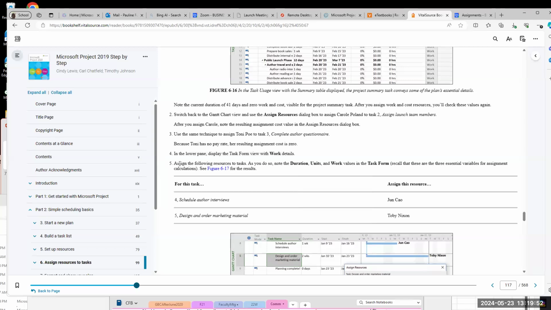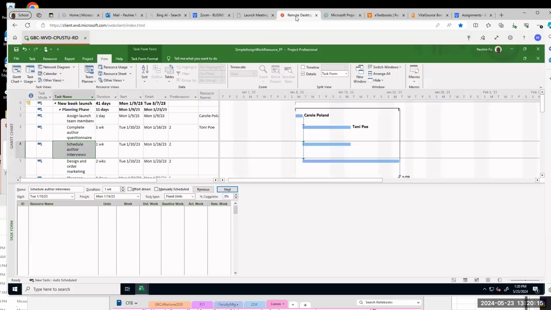Step 5, assign resources to tasks. Assign Juncao to task 4. Assign Toby Nixon to task 5. So this is the next step. Sorry, do you mind repeating that last step again?